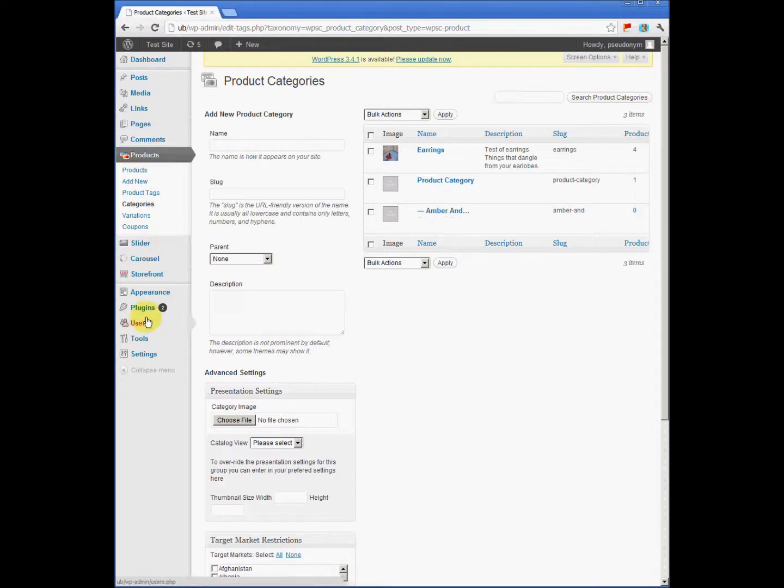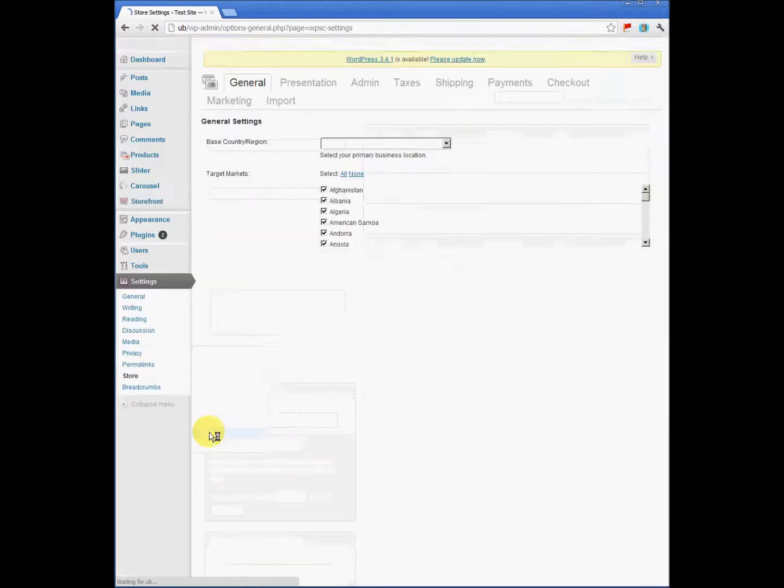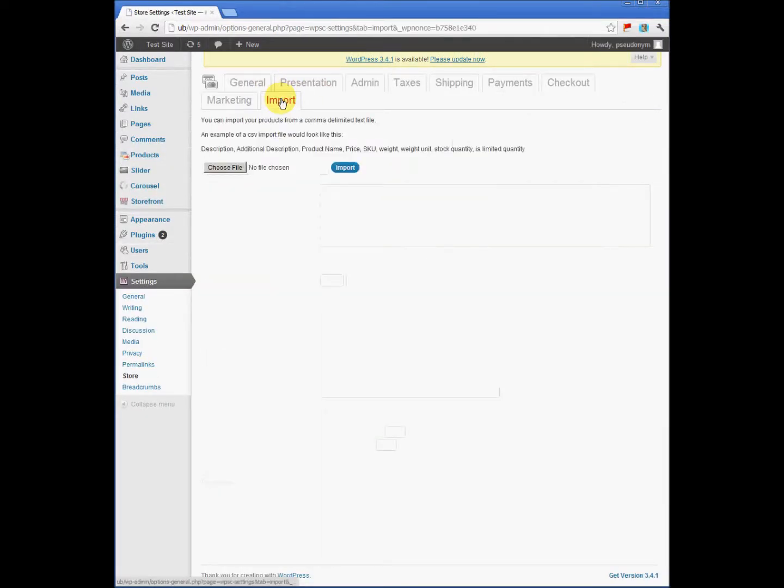Next, I'm going to go down to Settings, Store, and I'm going to select the Import tab. And this shows you the order in which you have to present the columns in your import file. So description, additional description, product name, price, SKU, weight, weight unit, stock quantity, is limited quantity. Ordinarily,